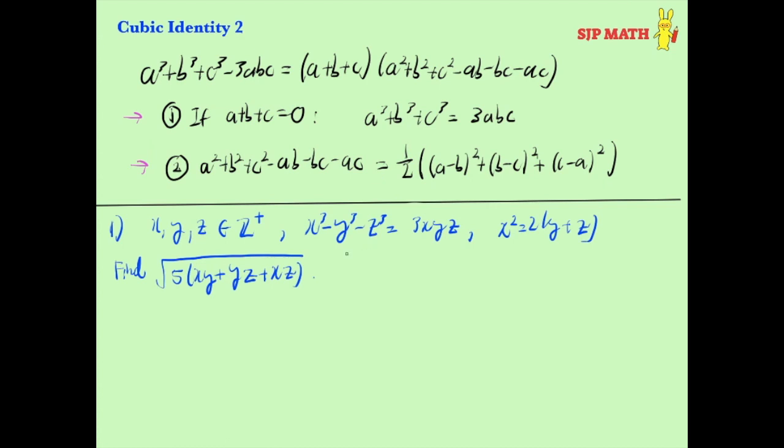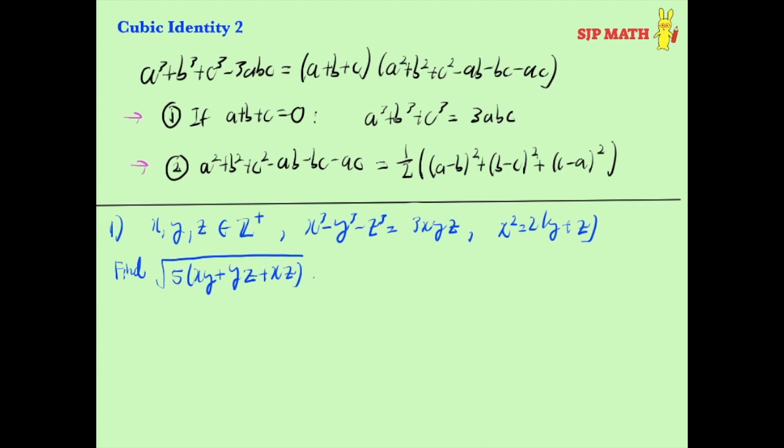But this time, basically, this is equal to x cubed plus the cube of negative y plus the cube of negative z. And then this is basically just 3 times x times negative y times negative z. The negatives become positive, so it's just positive here. So here is saying that if we let a equal x and b equal negative y and c equal negative z, then here is suggesting